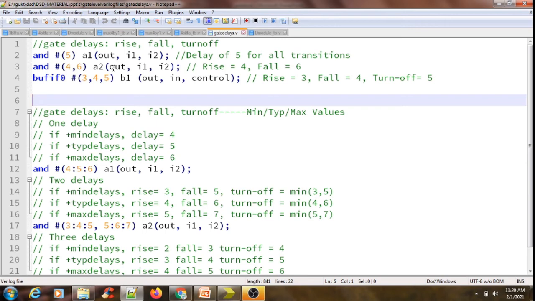So in this way I can find what the rise, fall, or turn off delays will be. Okay, so sometimes what happens is, during the IC fabrication process, due to variations, each and every delay is also associated with a minimum value, a typical value, as well as a maximum value. These three values are used to model the devices, because each logical gate may have a delay variation from the minimum, typical, to the maximum range.